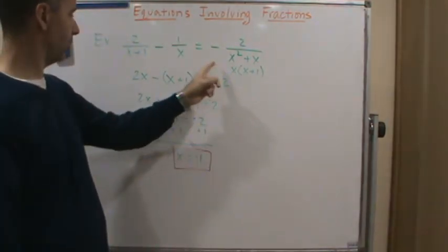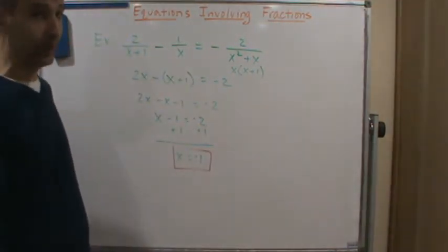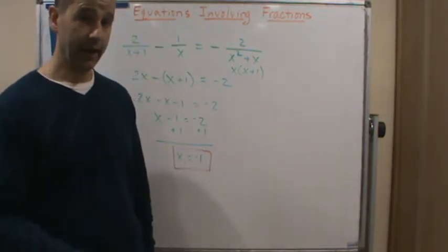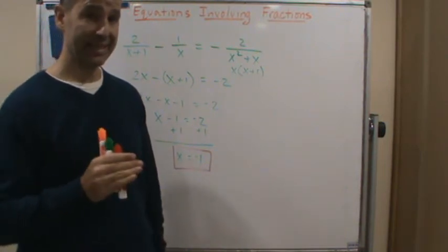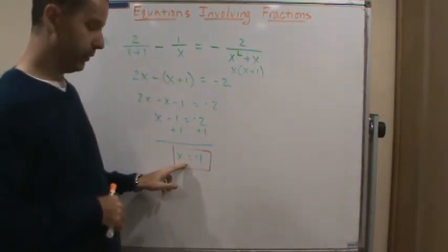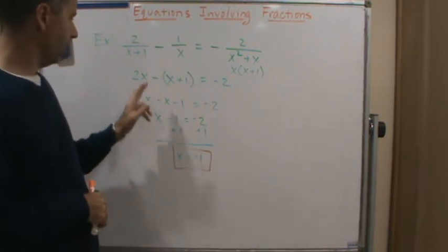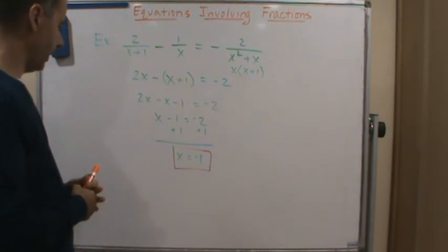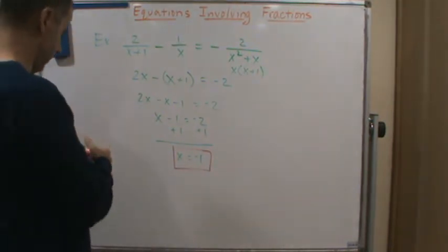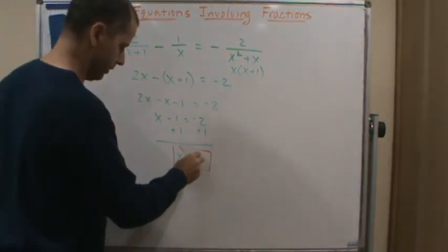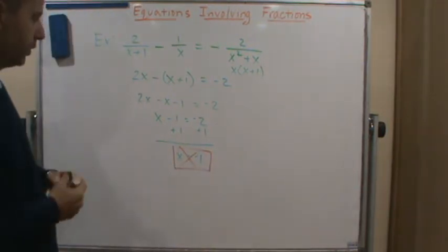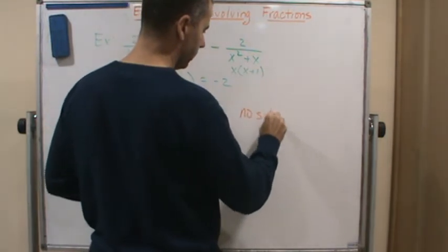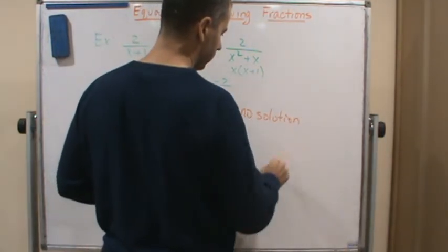I get 0 in the denominator, and we cannot have 0 in the denominator. Remember, it's undefined. So even though we solved and got x equals negative 1, if you check, it fails. That is not a solution, which means there is no solution